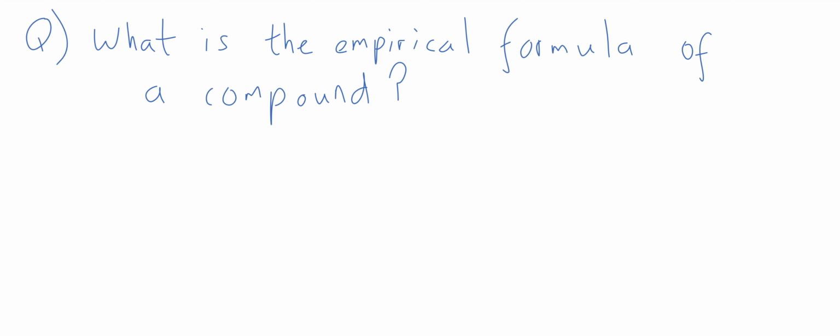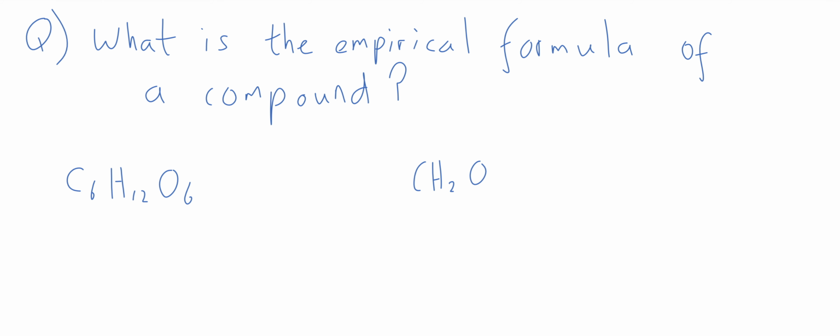What is the empirical formula of a compound? The empirical formula is the simplest possible whole number ratio of the atoms of each element present in that compound. Take, for example, glucose, which has a molecular formula C6H12O6. However, its empirical formula is